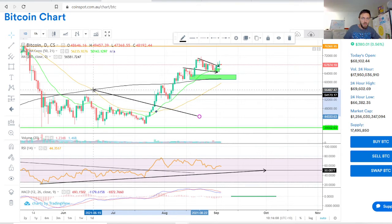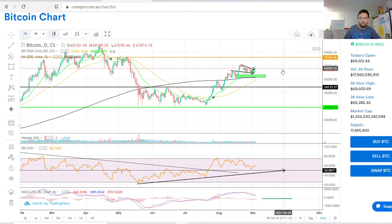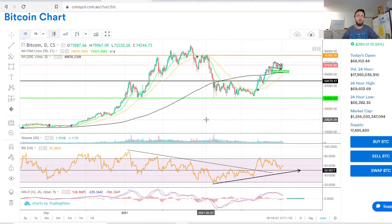When we get this cross below, and now it's coming to cross up, as long as we've got momentum on our side, we should have some bullish price action. And I see no reason why not. All right, let's just